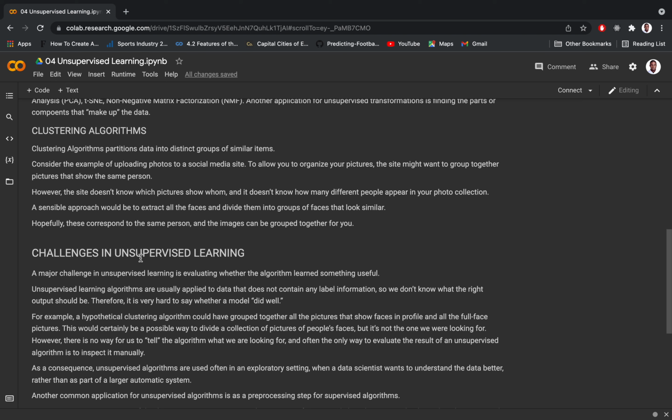because there is no way we could evaluate the algorithm, like whether it's actually doing the right thing or doing the wrong thing. There are no metrics for unsupervised learning. We have to inspect it manually. For example, let's say, because it doesn't contain any label information and everything,